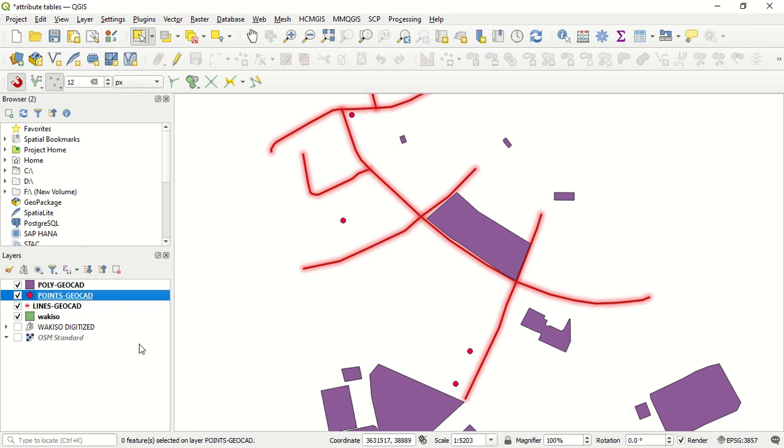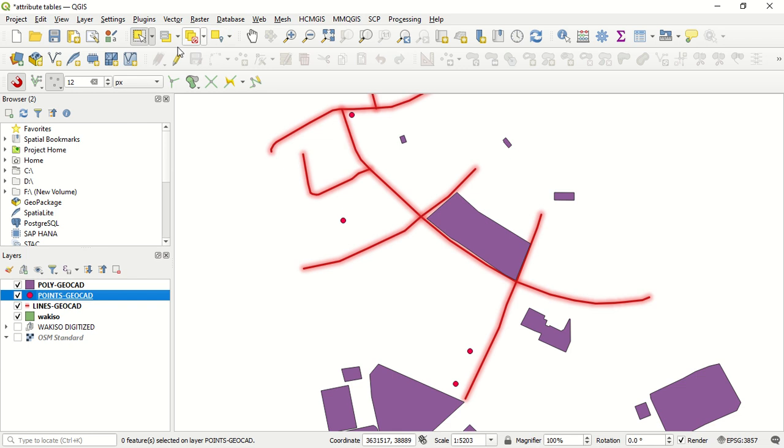So for today's tutorial, we are going to look at selection in QGIS, how to select features within QGIS. With this, we can use the selection toolbar. We can use the attribute table to select features. So before we begin, make sure that you have the selection toolbar, this one from here